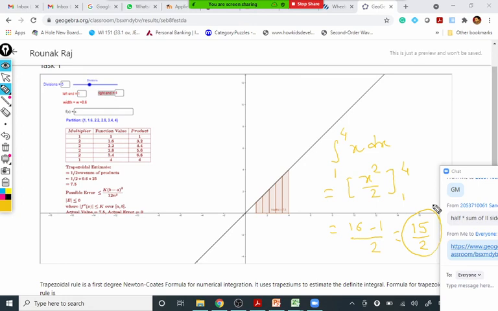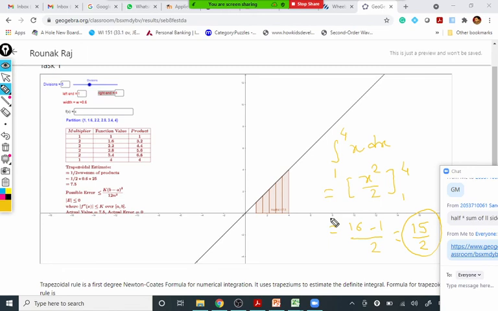But what is the purpose of numerical integration then? Actually, the purpose of numerical integration is not to solve such a simple example, because sometimes the integrand is very complicated to evaluate. In such a case, numerical integration is mainly used. But in the exam, if you have the question, evaluate integration 1 to 4 of x dx by the trapezoidal rule, then even though you know the exact answer, that is 7.5, you still have to show it by the trapezoidal rule only. I hope you are getting it.